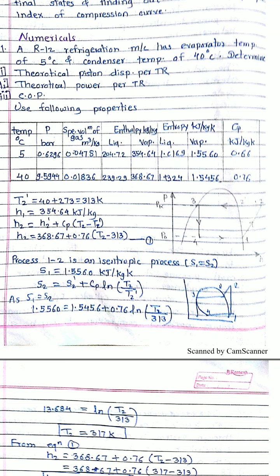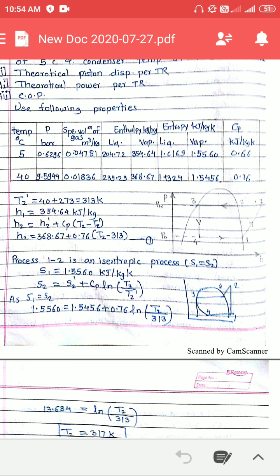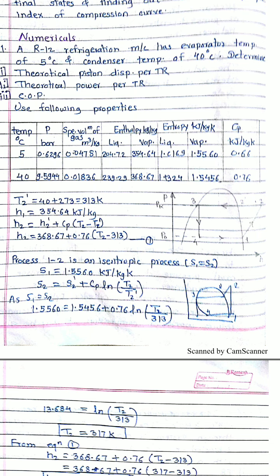First we will draw the pH chart for the vapor compression refrigeration cycle. How is the pH chart? On the y-axis there is pressure, on the x-axis there is enthalpy. There is one saturation curve. The process 1 to 2 starts from saturated vapor. 1 to 2 is the isentropic compression, 2 to 3 is the constant pressure heat rejection up to the liquid state. When it intersects the saturation curve at the saturated liquid side, at that point we have marked point number 3.